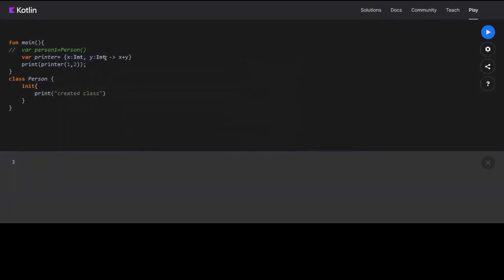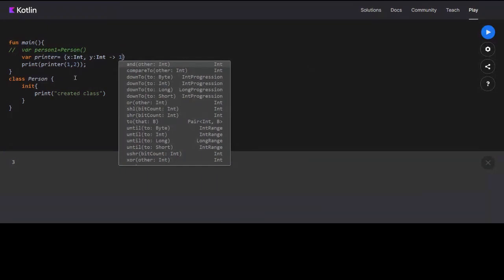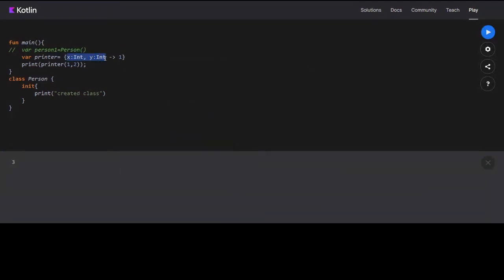So you can understand it like this. Whatever you type here will be assigned inside printer. If you return a value, like if you just write x plus y, then printer will be equal to x plus y. But if you say print x plus y, it will not assign, it will just print that. Like if I just write 1, then whatever value of x or y you put, printer will be equal to 1 every time. So see, 1 is printed here. Just understand it like this.